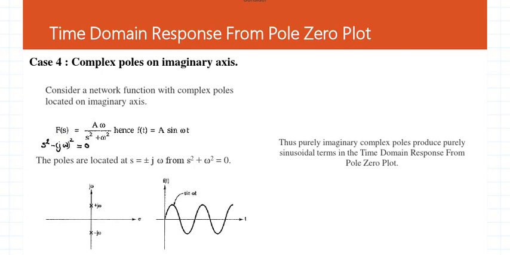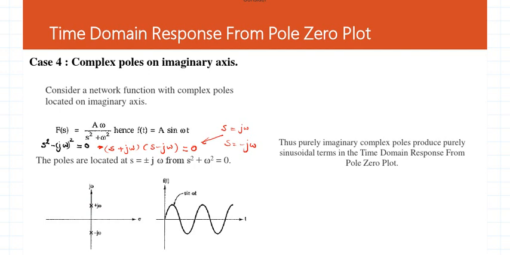And then we have this equation in the form of a square minus b square, so we can get it as s plus a and s minus a. So from this we now have two poles. One pole is at j omega and another pole is at minus j omega. So we have two poles where there is no real part, there is only imaginary part, which are complex conjugate of each other. So two poles on the imaginary axis.